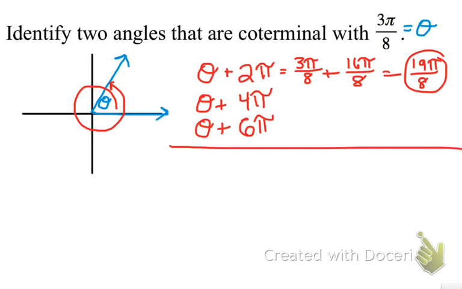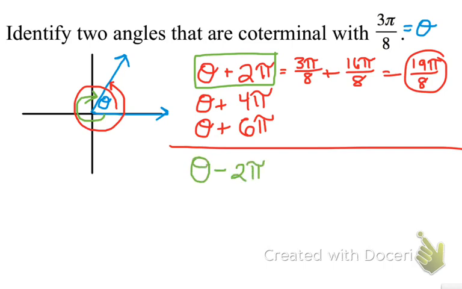Now what about negative coterminal angles? Negative coterminal angles are going to start at the initial side, but we're going to go clockwise this time, and we're going to calculate that angle, which starts at the initial side, ends at the terminal side of theta, but goes in a clockwise direction. Very similar to how we got this positive coterminal angle, we're going to get the negative by subtracting 2 pi